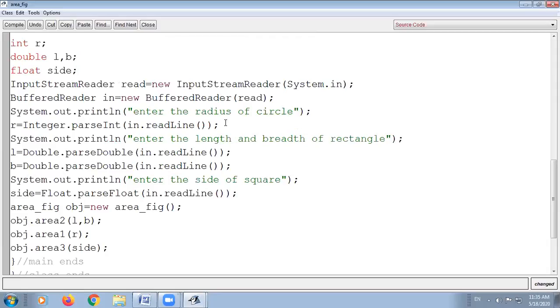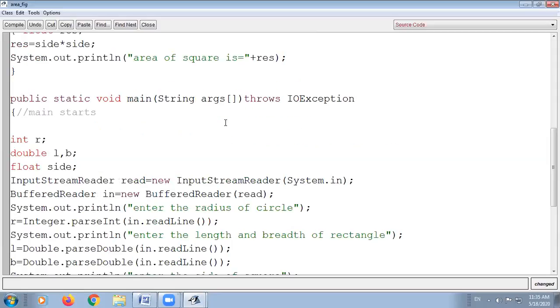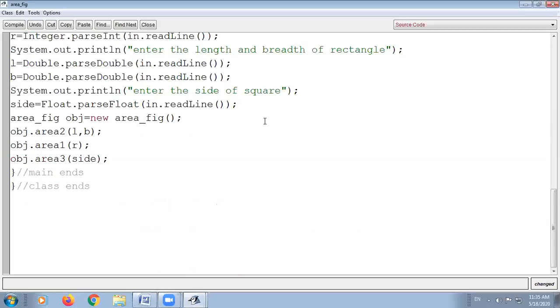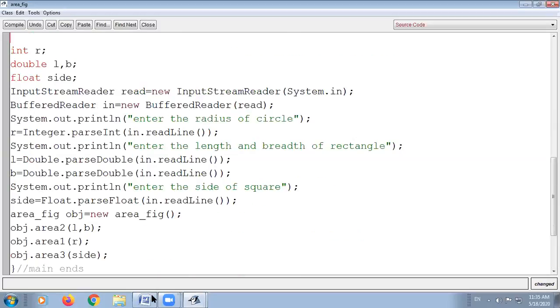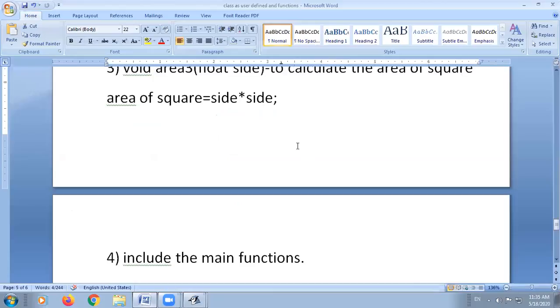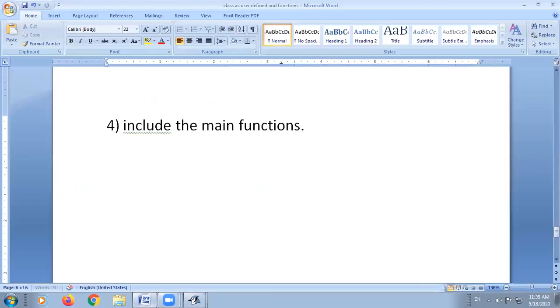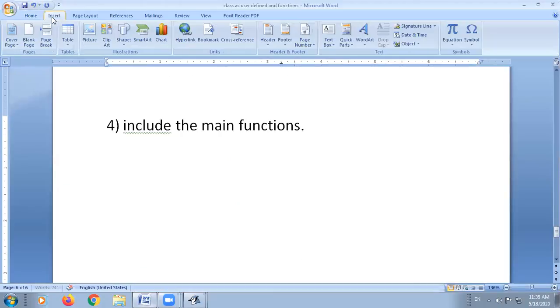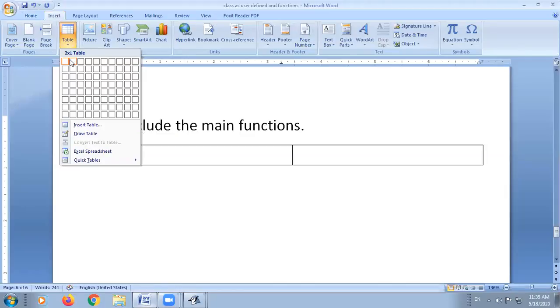Now after giving the comments, another thing that you have to give is the VDT. Now how will you make the VDT? Do you know how to make the VDT?